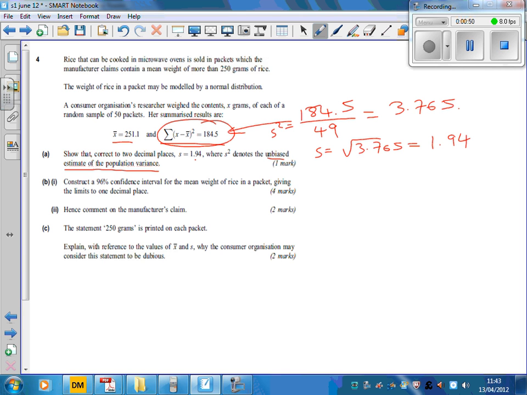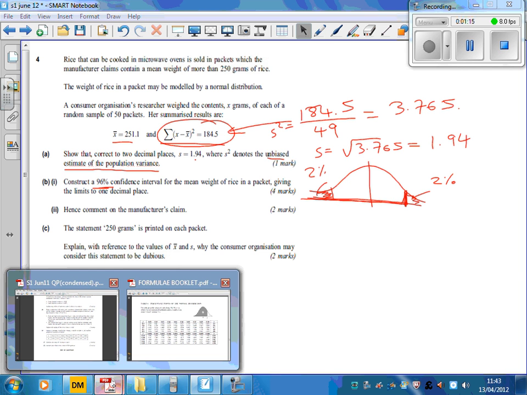Now we're going to go for a confidence interval. It's a 98% confidence interval. No, it's a 96% confidence interval, sorry. Continuing their trend of changing the percentages a bit. So if it's a 96%, we've got 2% at either end. And so the value all the way up to here that we're looking at is 98%. That's where my 98 mistake came from.